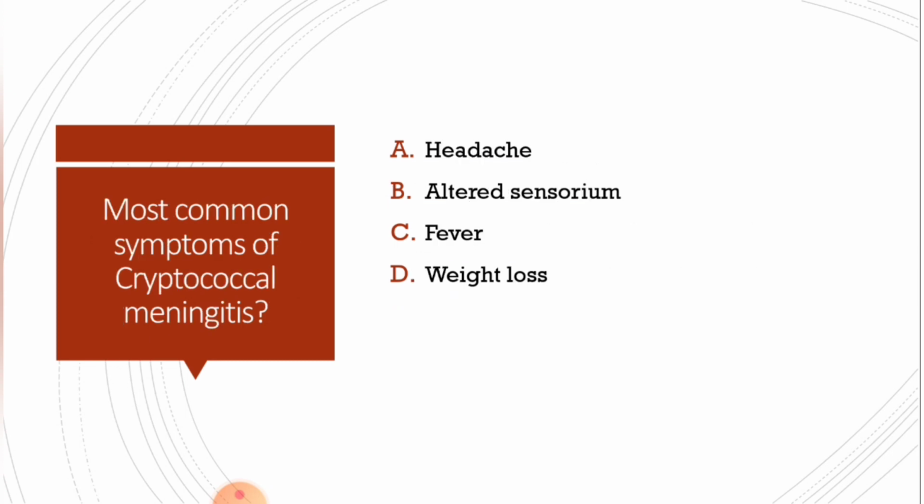So what is the most common symptom of cryptococcal meningitis? Headache, altered sensorium, fever, and weight loss. Here the most common is headache. The patient usually will present with prolonged low grade headache, and in a patient with PLHA, this should alert you to look for Cryptococcus. Again, the patients may present acutely with fever, altered sensorium, and headache. In pulmonary cryptococcosis, there will be non-specific symptoms, having fever, weight loss, malaise, etc. And pulmonary cryptococcosis is more common in organ transplants, especially after lung transplant.